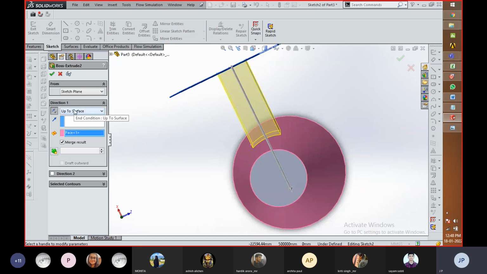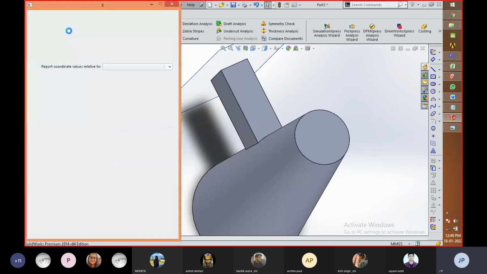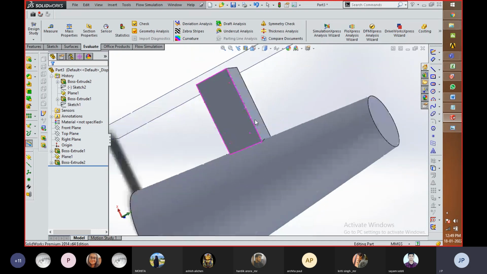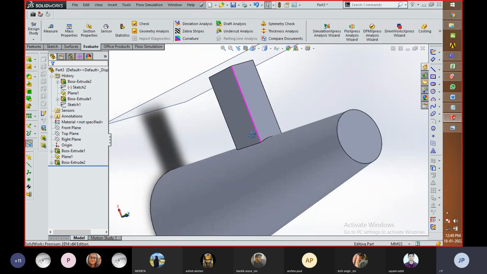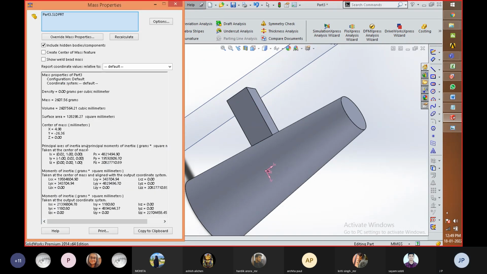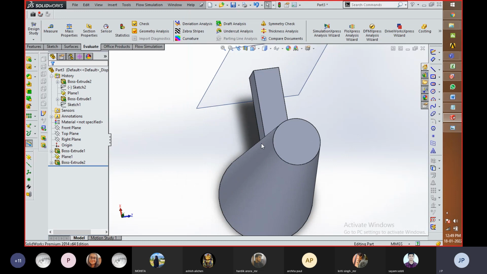With the help of the other features available within this drafting tool, you can create a curve at the end or the second end of the profile which is required by the geometry. Now I'm going to click OK. Then again go to mass properties. Actually the change was not there, I don't think so. It is actually calculating the whole mass. So this was the correct way with the help of which you can calculate the total mass of this object, and it's the correct way to create such features.